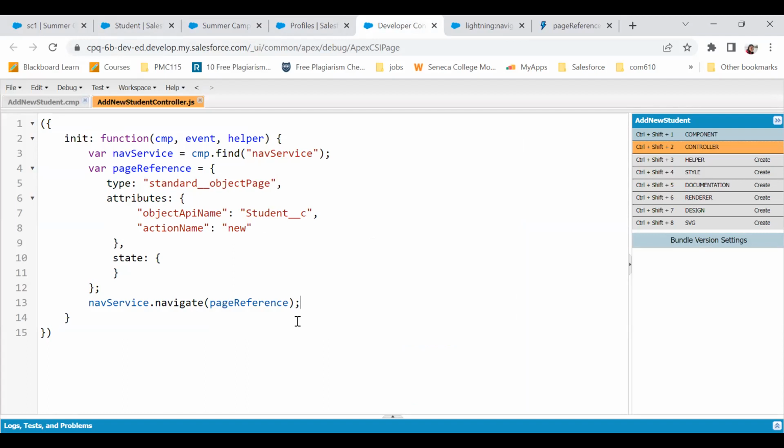So let's solve the next problem, which is auto-populating the parent summer camp. Now, how do we do that? I had to search a lot about this, and then I found out in the state, there is an attribute called default field values. If I'm not forgetting the exact name. Yeah. Okay. Default field values. And if you want to provide the default field values,